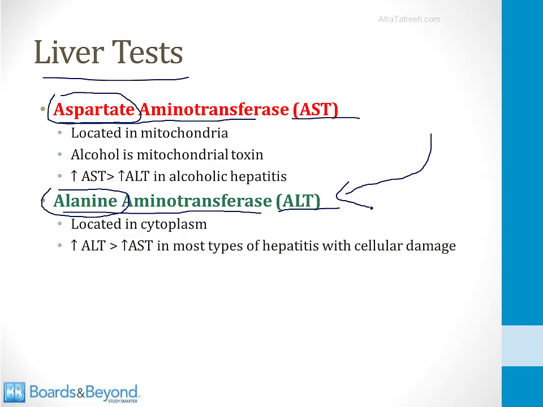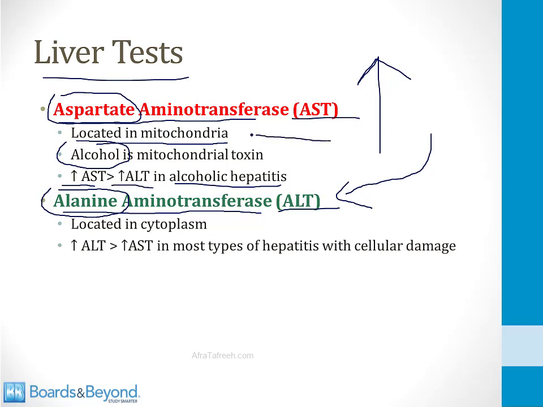But for our purposes here, what you need to know is that you can measure the level of these enzymes in the plasma of patients, and the level of these enzymes increases when there's damage to the liver for any reason. What you further need to know is that AST is located in the mitochondria, and alcohol, which we'll talk about in a few slides, is a mitochondrial toxin. Therefore, in alcoholic hepatitis, which we'll talk about in a minute, you will see levels of AST that are much higher than the levels of ALT,